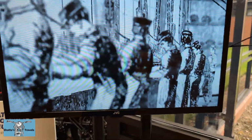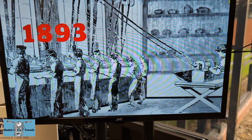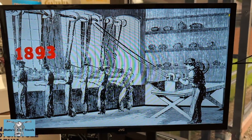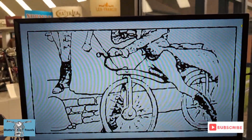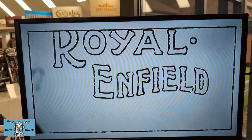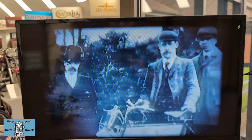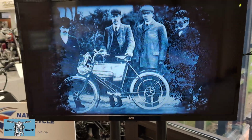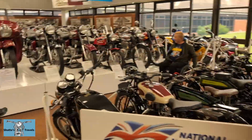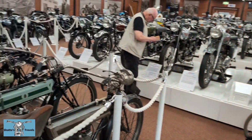In 1893, a prestigious order was won for supplying precision parts to the Royal Small Arms Factory of Enfield. In celebration, the latest range of bicycles were called Royal Enfield. Not long after, the first Royal Enfield motorcycle was unveiled to the world. In 1926, a major fire broke out at the 18-acre...